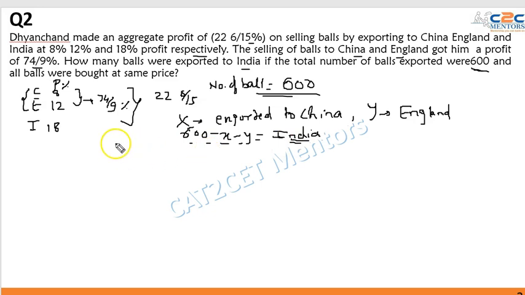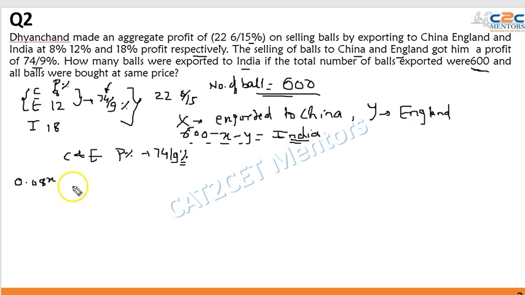Now we are also provided that whenever the balls are being exported to China and England together, the net profit which is occurring in this transaction is 74 by 9 percentage. All right. Writing this in terms of equation, let me write so that it is clear for you. Balls being exported to C and E, profit percentage is going to be 74 by 9 percentage. So this is equal to